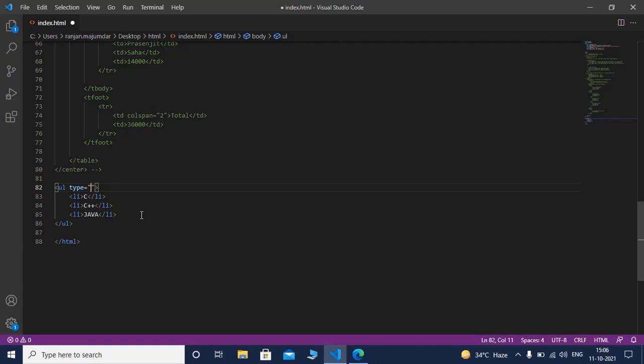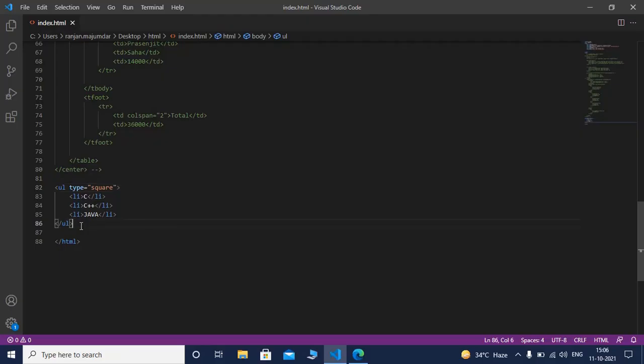You can see the output. Okay, the type has been changed. Another type is square. Square type has been shown here. This is called unordered list.